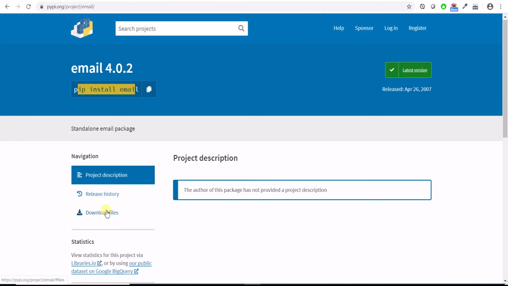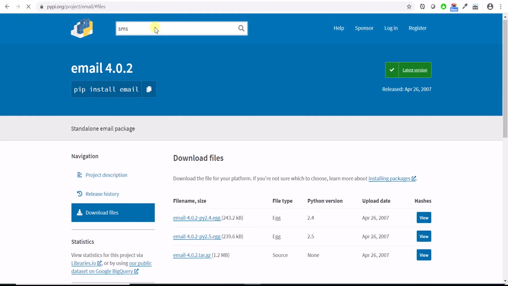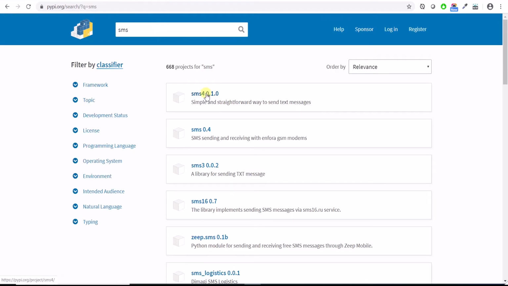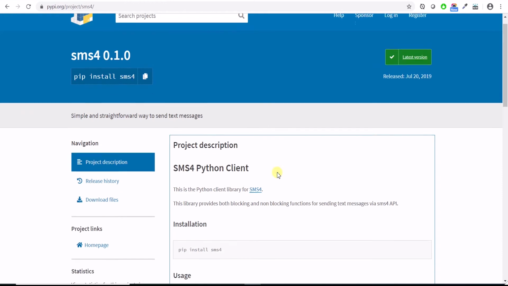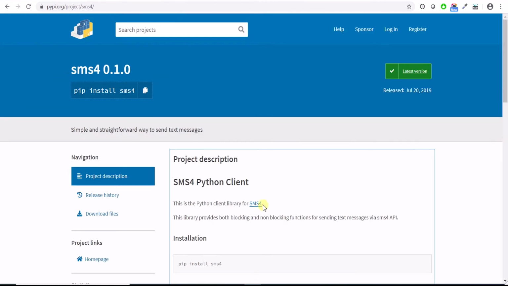You can download the files related to this. If you want to implement SMS, how to implement SMS, all these things are already done by one developer or another. Remember, pypi, py Python. Everything you will get on this. So these two are very useful sites.